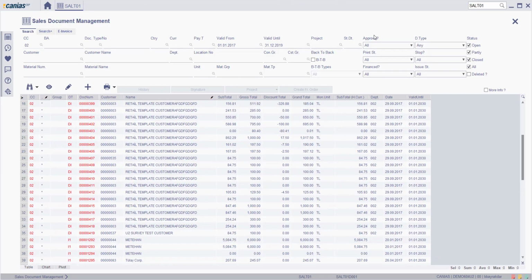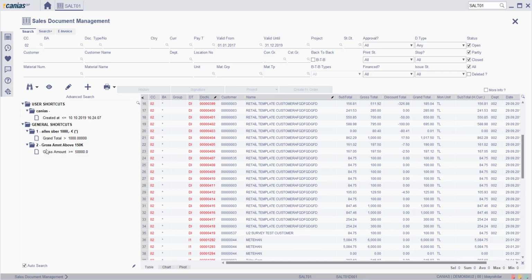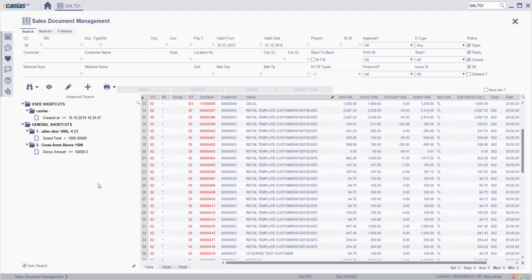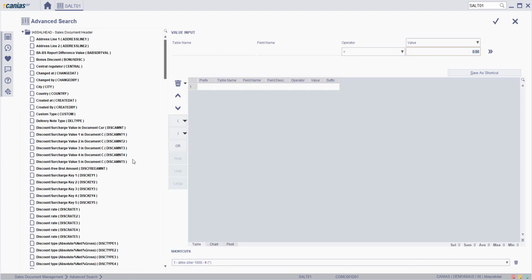If you still can't access the information which is vital to you by using the available filters, you can always use the advanced search feature. To use the advanced search feature, use the tiny arrow button on the top left of the table area. With the advanced search feature, any table on the screen can be used as a filter. To create a new filter, click on the change button at the bottom of the screen.